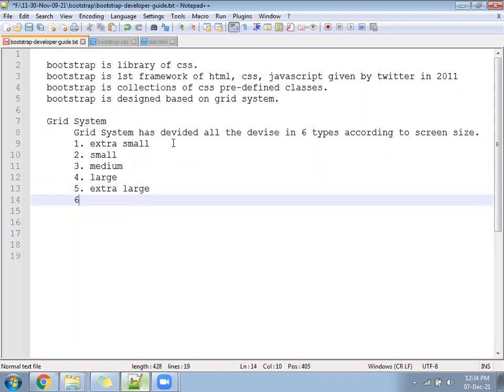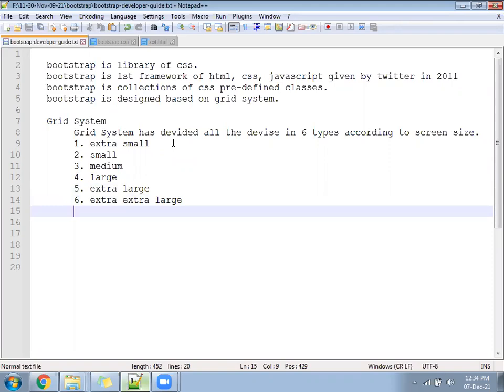And the sixth one is called double extra large. So how many types of devices? Total 6 types of devices.